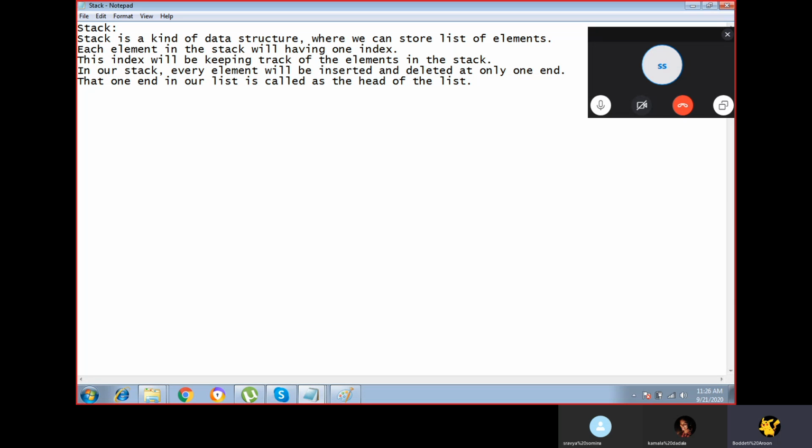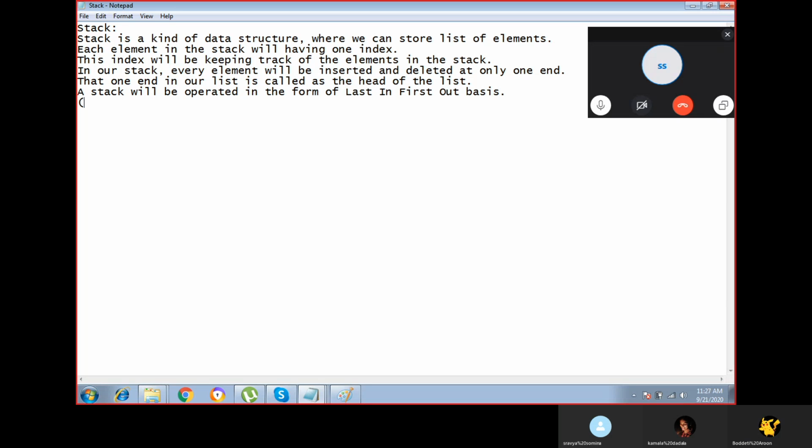Every stack will be having two operations. Another important point is that a stack will be operated in the form of last in first out basis.